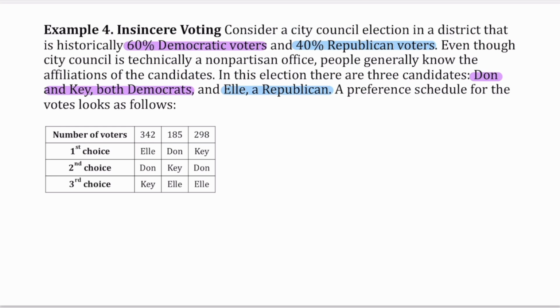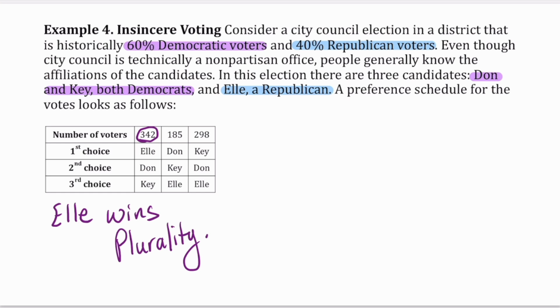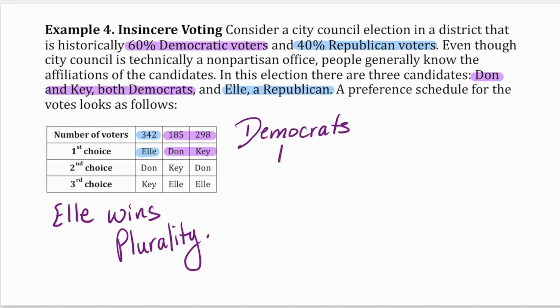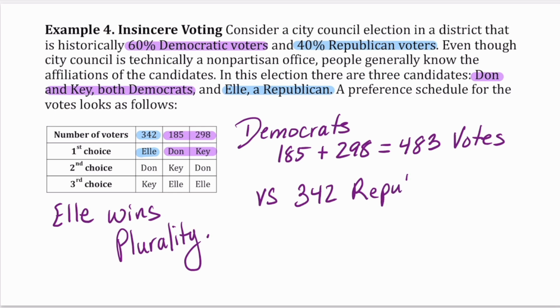If we look at a preference schedule, we see that by plurality, L would win this election. However, if we think about the historical percentages for Democrats and Republicans, with Dawn and Key both being Democratic, if we were to add up their total number of votes, we would see that there are 483 people who voted for a Democratic candidate, which is more than the 342 votes that went towards the